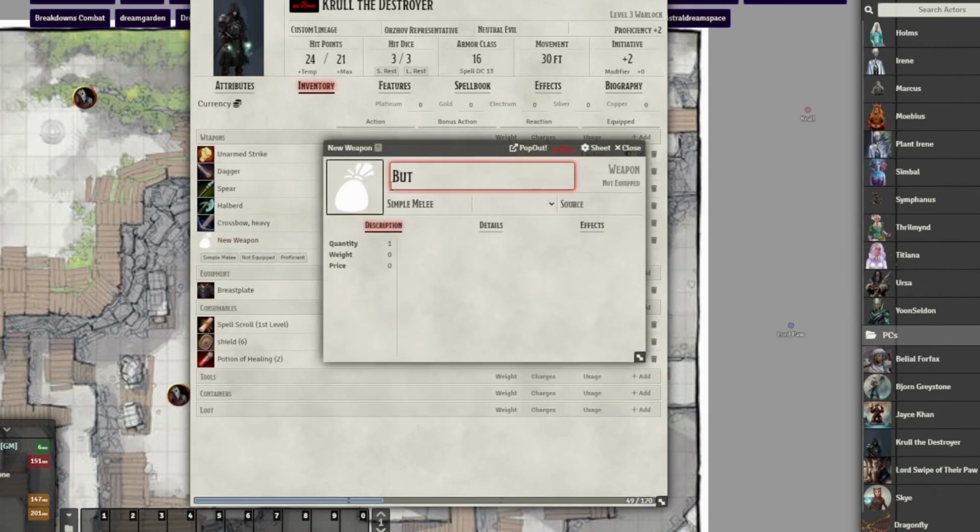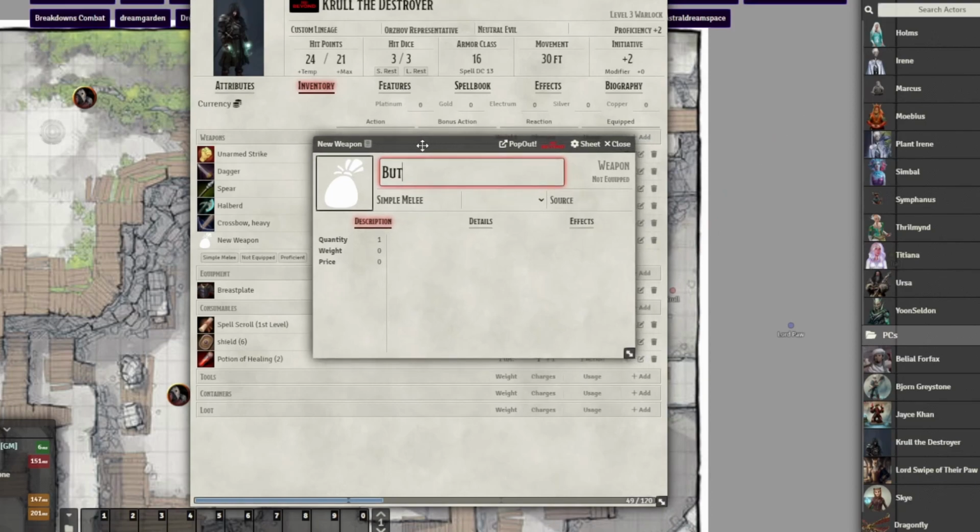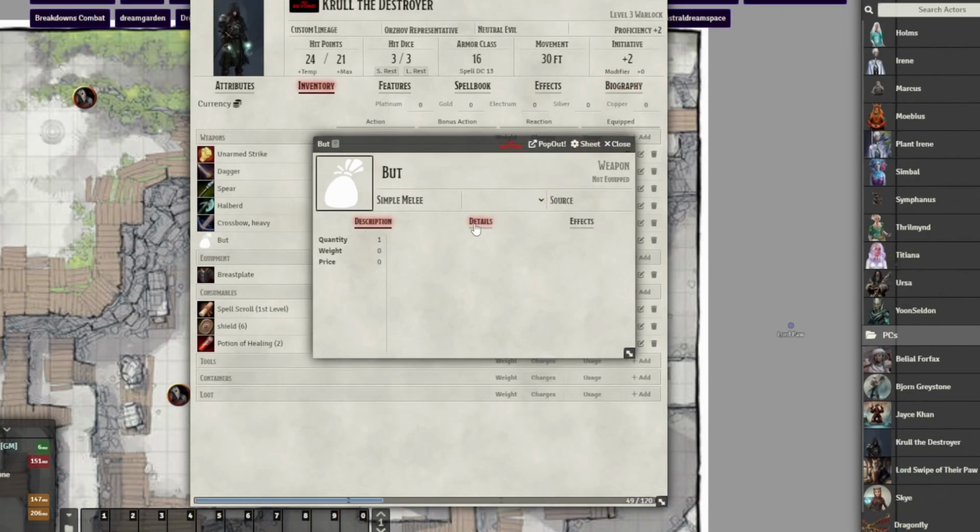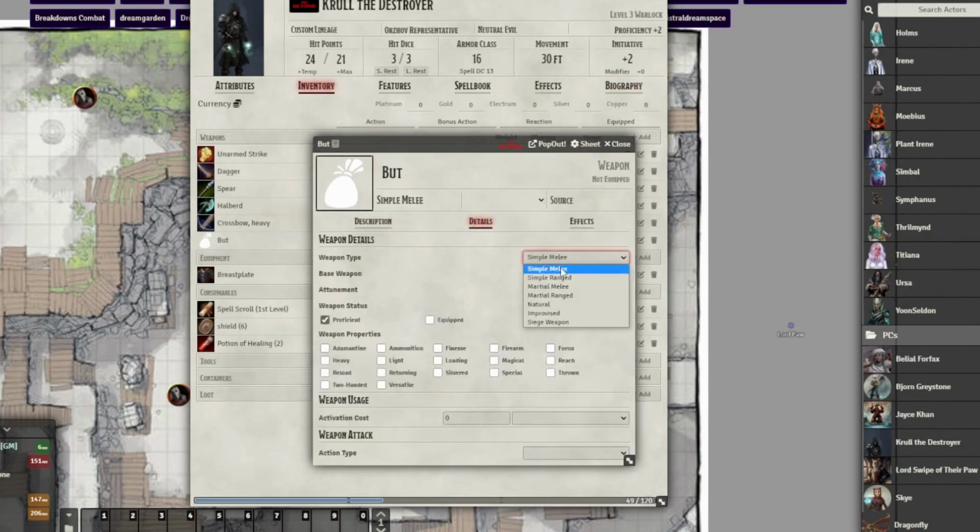Okay, and could you describe for everybody what it looks like when you summon your halberd and attack with it? I can't remember what I called it before. But that's alright.